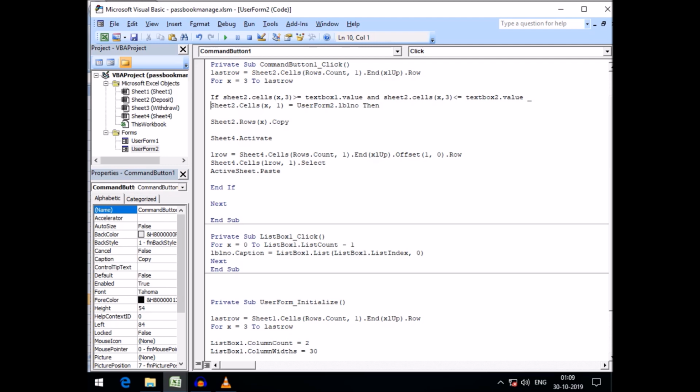If the start date, text box 1 dot value, is less than or equal to the record data in the third column of our deposit sheet, it also needs to meet the condition that text box 2 dot value is greater than or equal to the value of sheet 2 dot cells x comma 3, that means the same column, the third column where dates are entered. If it fulfills the criteria,